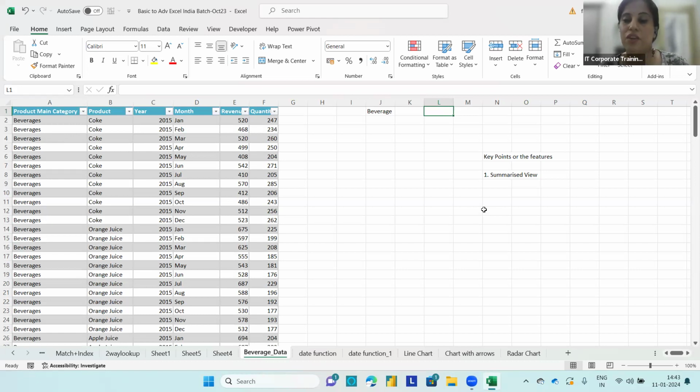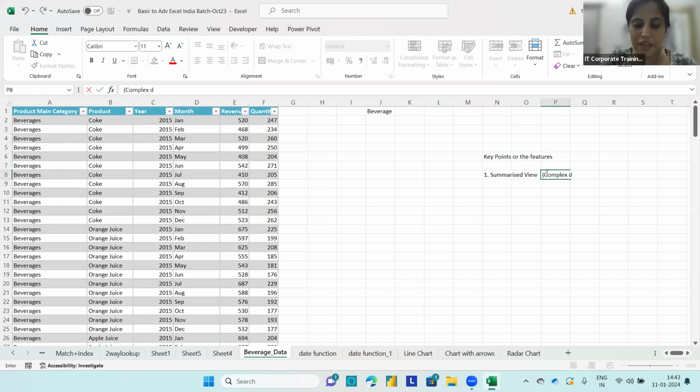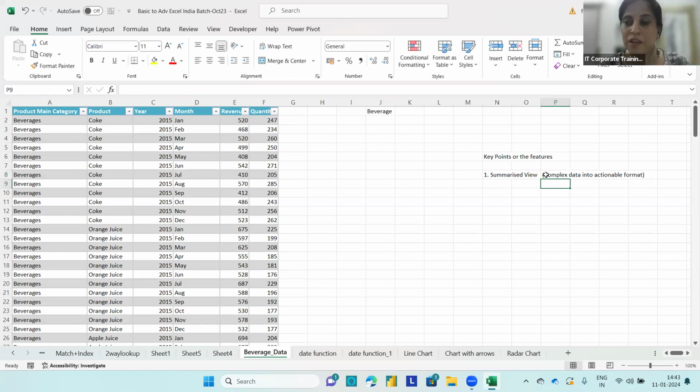So the first thing is, when you're using a pivot table, you get a summarized or aggregated view of your data. That means it turns your complex data into an actionable format. This is the first very important feature of a pivot table. After looking at this actionable format, it's very easy for the user to find results from the data or to make decisions from the data. Now, the second is